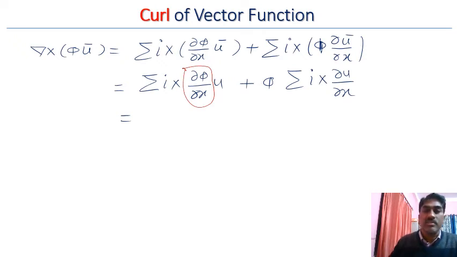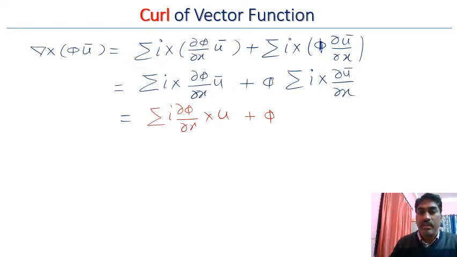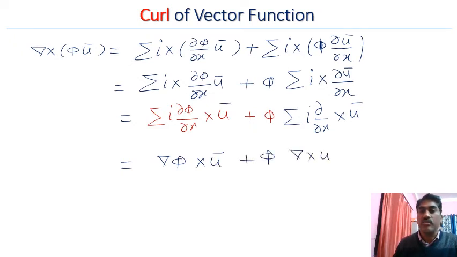So because this is scalar, this has nothing to do with the cross product, so del phi by del x can be taken on the left of cross, so we will get this i del phi by del x cross u and plus phi, and you can see that this can be written as i del by del x cross u, and now this is del phi cross u, and this is phi del cross u. So we have proved del cross